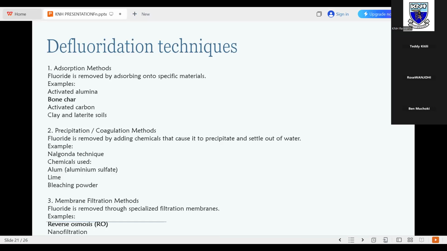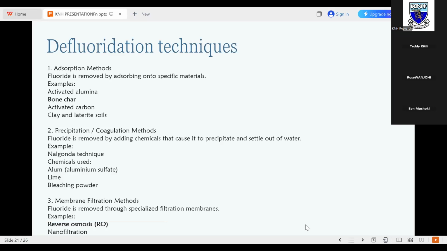So together we have a lot of defluoridation techniques. Allow me not to really go deep into that, but the most common one is the RO system. The RO system, however, has its own disadvantages. For example, there is loss of water, it needs electricity, and therefore it is not something that can be available for everyone. We have defluoridation techniques, for example, that use hydroxyapatite that are currently in the country,